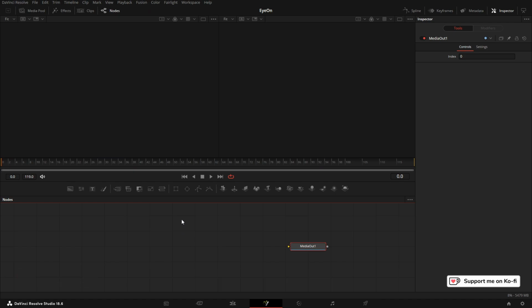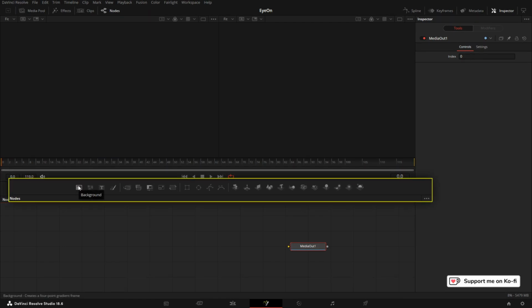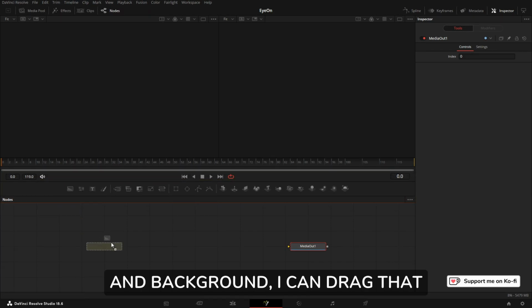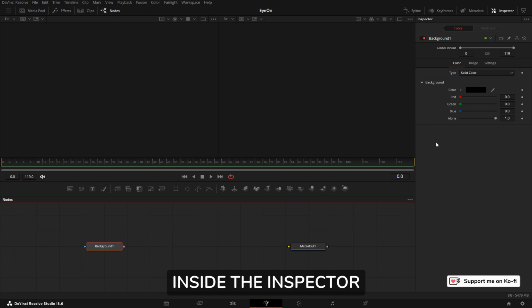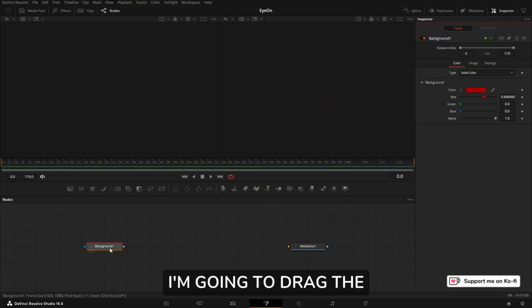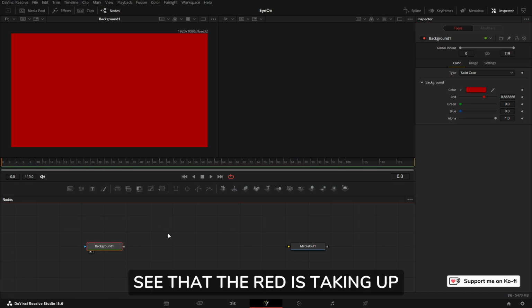We're going to start off by bringing in a background node. So if I hover over the toolbar that's in the middle, the hotbar, I've got the background, I can drag that into the node graph and bring in my background node. Inside the inspector, I can select the color palette and change the color to red. I'm going to drag the background node to viewer 1, and you'll see that the red is taking up the